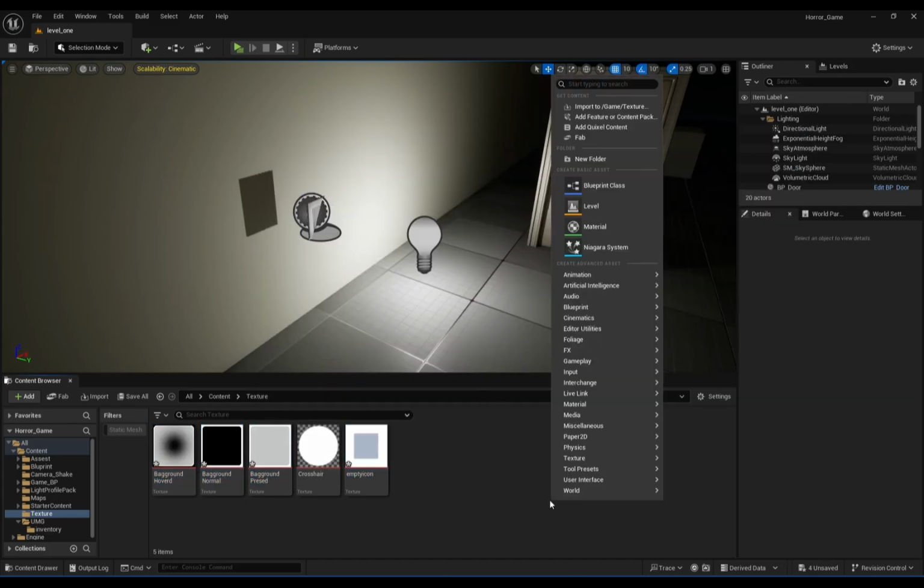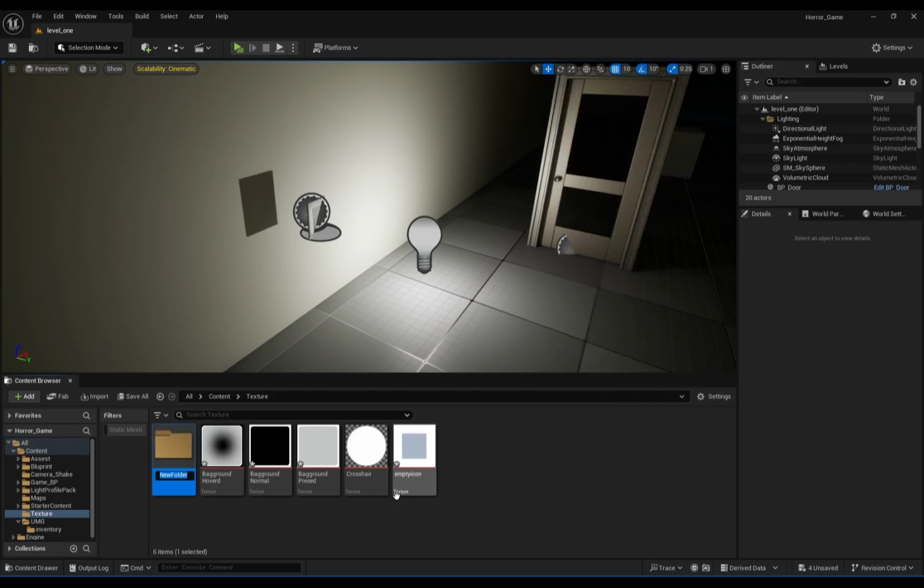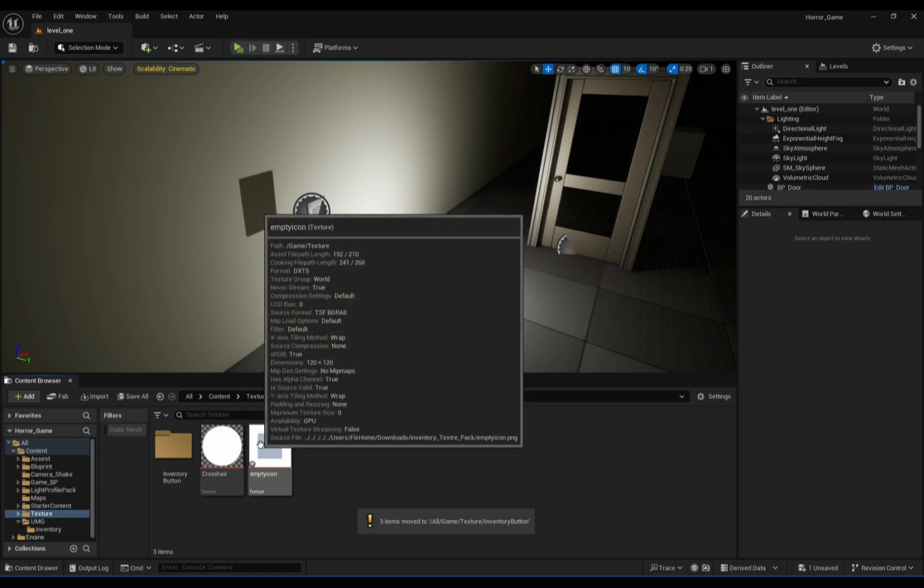Inside the texture folder I create a new folder called inventory buttons, and I move these into here, also this empty icon,